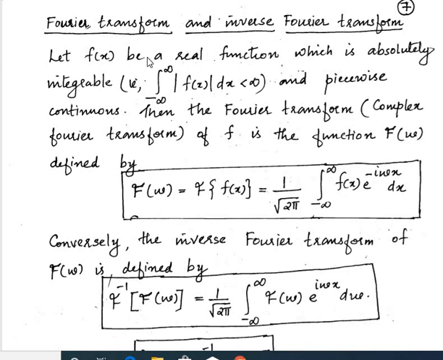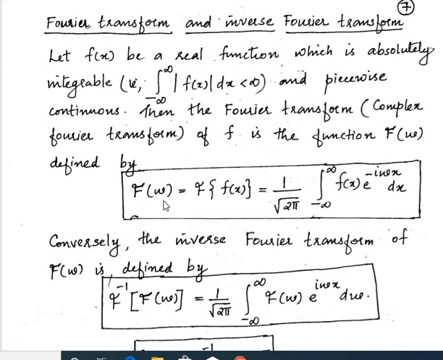That is, a function can be expressed as a Fourier transform. The condition is that, first, it must be absolutely integrable, that is, the absolute value should be integrable, and it should be piecewise continuous, that is, at every interval it is continuous. Then every function can be expressed as a Fourier transform, also known as the complex Fourier transform, and it's denoted by f of omega. This omega represents the Fourier transform of the given function, converting x to omega.